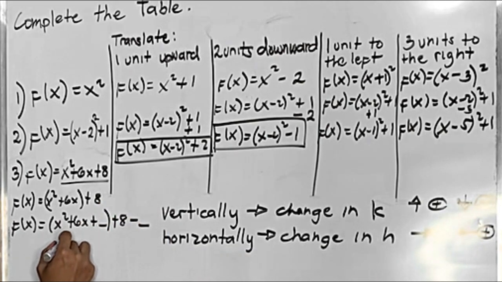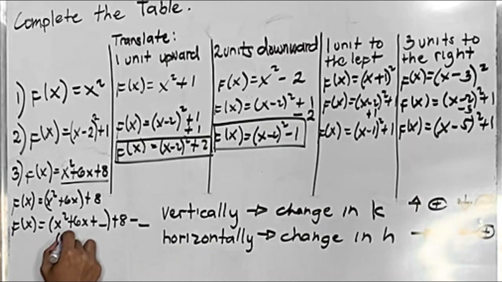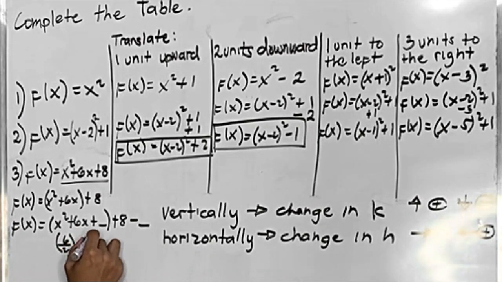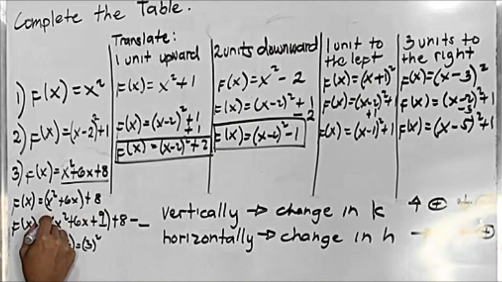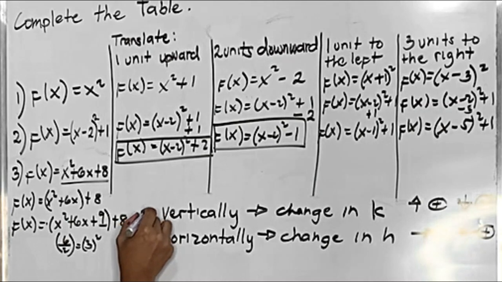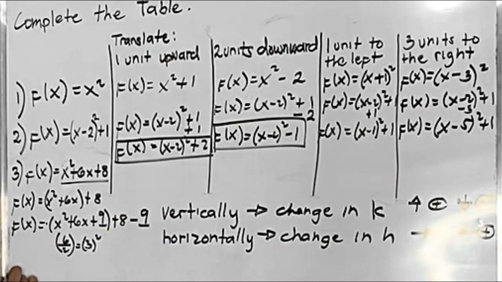So to complete the square, divide 6 by 2. That is 3. Square it, you will get 9. 9 times 1 is 9, and you will place it on the second line. 9. So f of x is equal to the quantity (x plus 3) squared